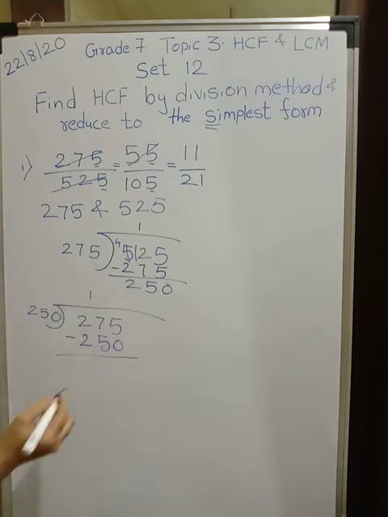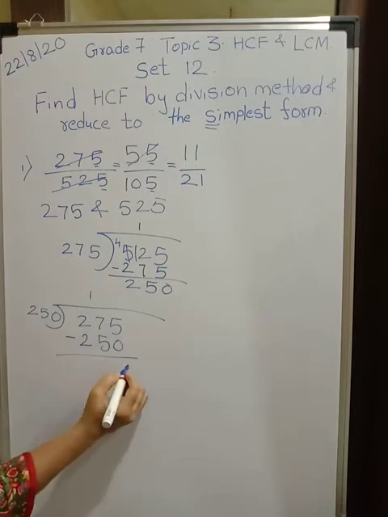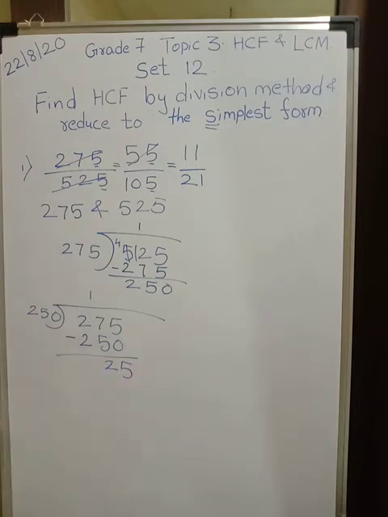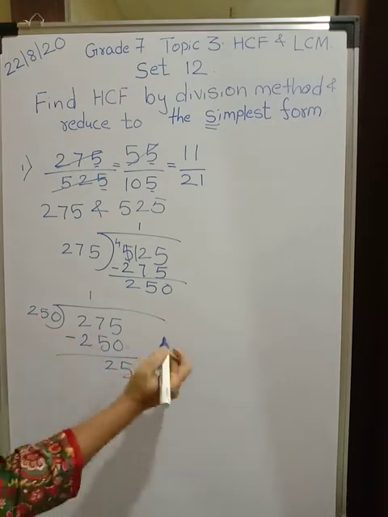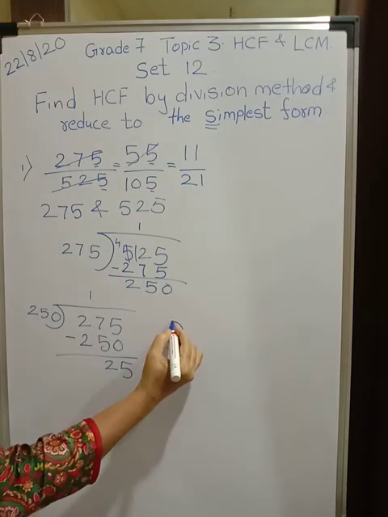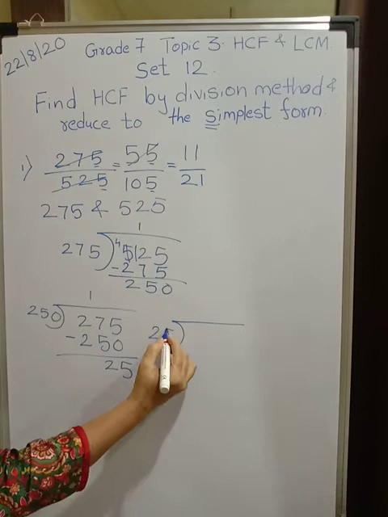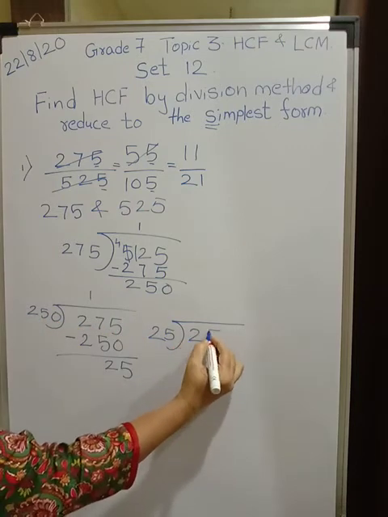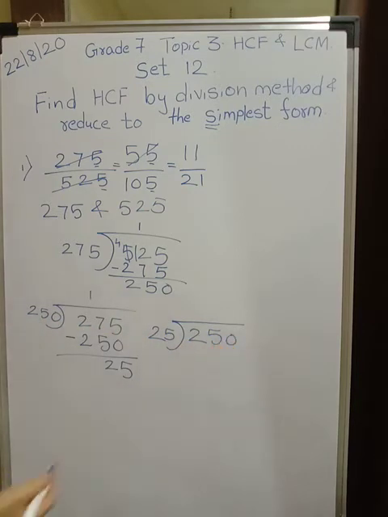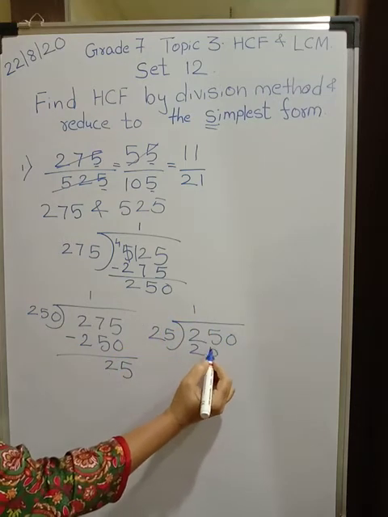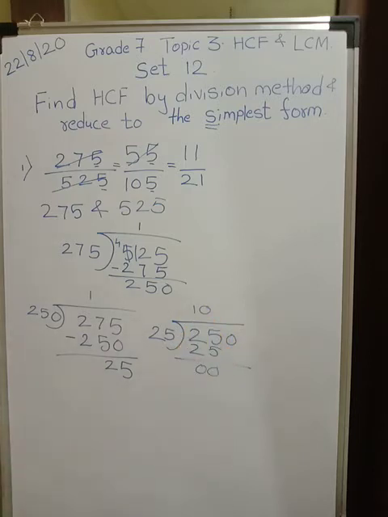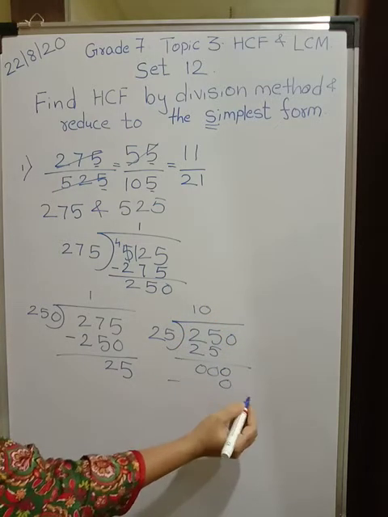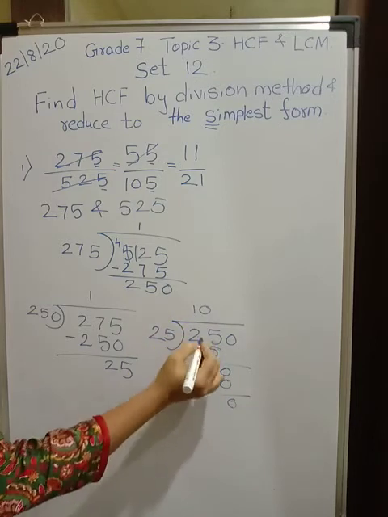Without any doubt we can tell this: 275 minus 250 is obviously 25. Now again, till you get remainder 0, you have to go on dividing. Again this will act as the divisor, this will act as the dividend. So I am doing it here itself. You have 25 over here now and 250 over here. So obviously 25 ones are 25, 0, 0 and this 0 will be over here. Alright, so zeros are 0. So 25 tens are 250.